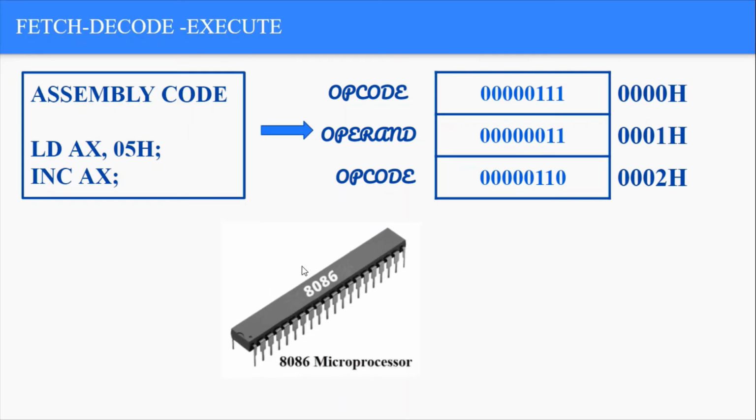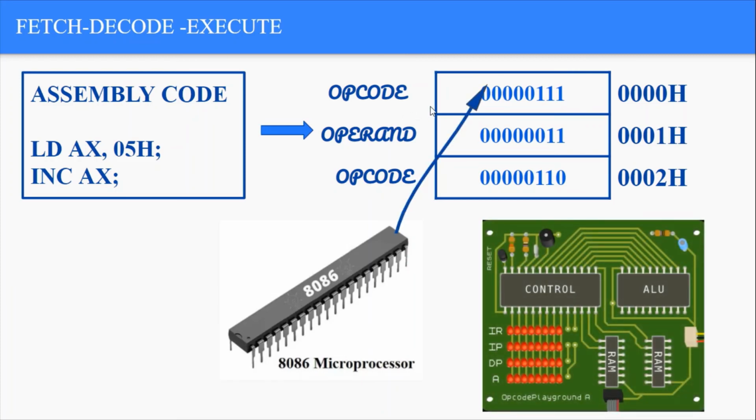The processor will fetch the instruction from the memory address. If it's an opcode, it goes to the subsequent circuitry. And if it's an operand, it goes to a subsequent circuitry present in the ALU and sequentially executes the instruction. This complete one cycle is called an instruction cycle. What we saw is just one cycle.